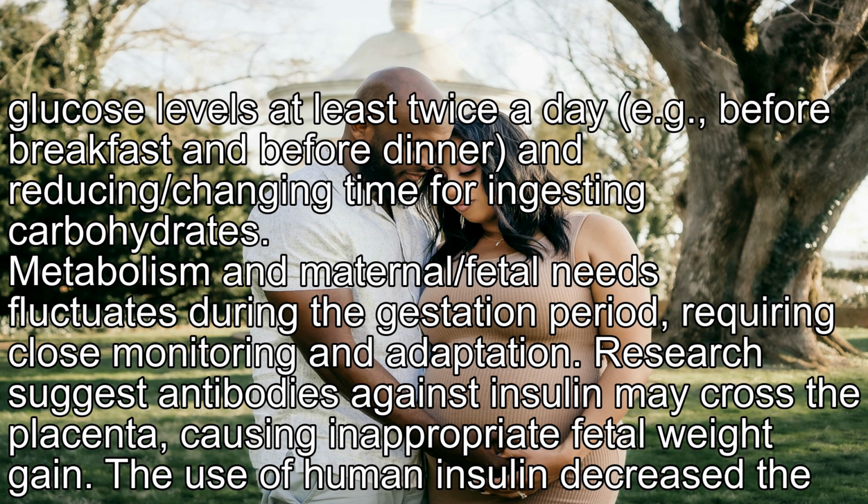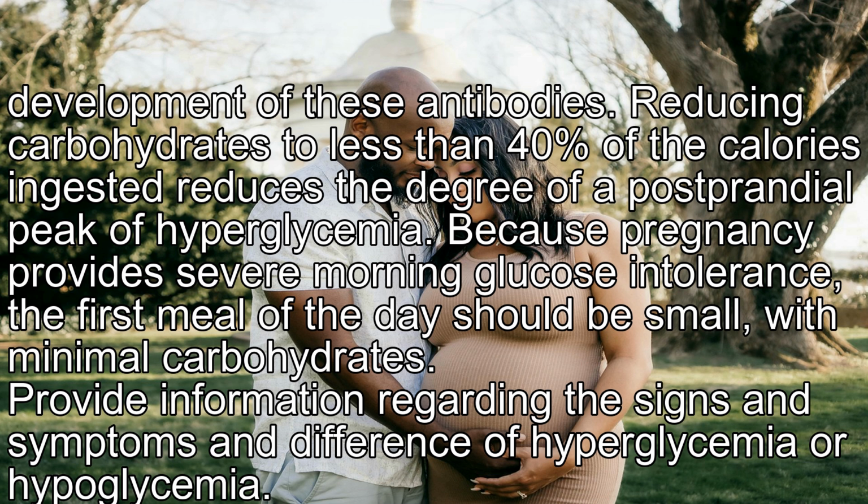Metabolism and maternal and fetal needs fluctuate during the gestation period, requiring close monitoring and adaptation. Research suggests antibodies against insulin may cross the placenta, causing inappropriate fetal weight, and the use of human insulin decreases the development of these antibodies. Reducing carbohydrates to less than 40% of the calories ingested reduces the degree of postprandial peak of hyperglycemia. Because pregnancy causes severe morning glucose intolerance, the first meal of the day should be small,